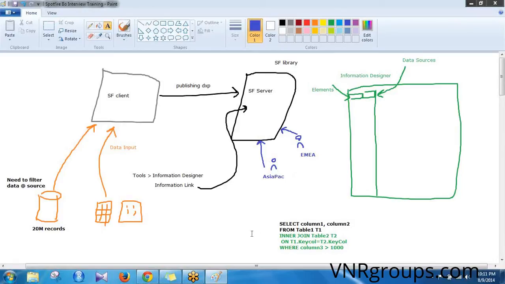So if by some control we are able to say which region you want to load data for, then maybe you will load only 1 million or 2 million, or maybe less than that. You're not loading all the 20 million there. Makes sense. So that is called